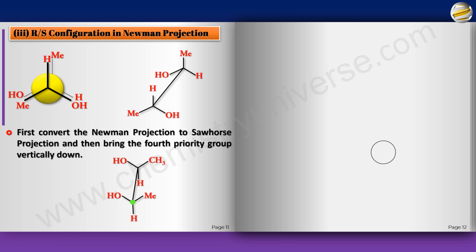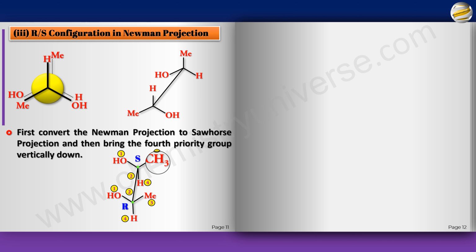So here the first chiral carbon, 1, 2, 3, 4. 1, 2, 3. From the top. Remember, you're seeing it from the top, and therefore when you go from 1 to 2, 2 to 3 and back to 1, it is R. And then in the other one, 1, 2, 3, 4. Looking from the top, 1 to 2, 2 to 3. From the top, it is anti-clockwise. S.